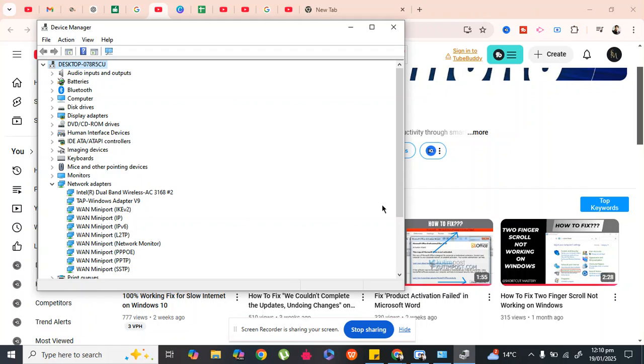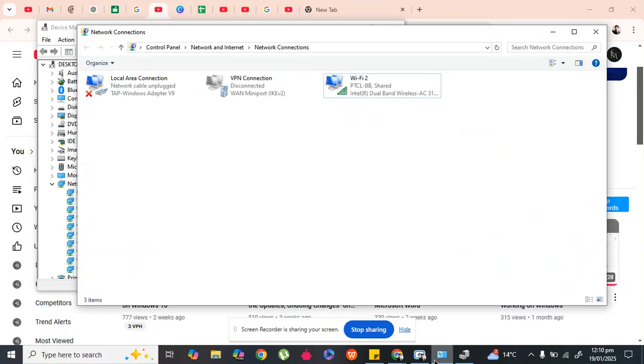You can also check it from this command as well. Like here you can check. Here is the Wi-Fi name. As you can see, Intel R dual band wireless AC. So you can check it